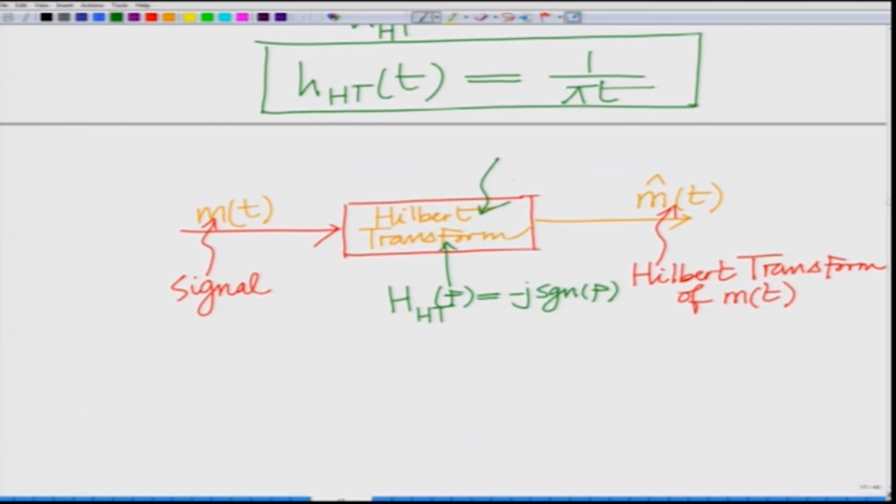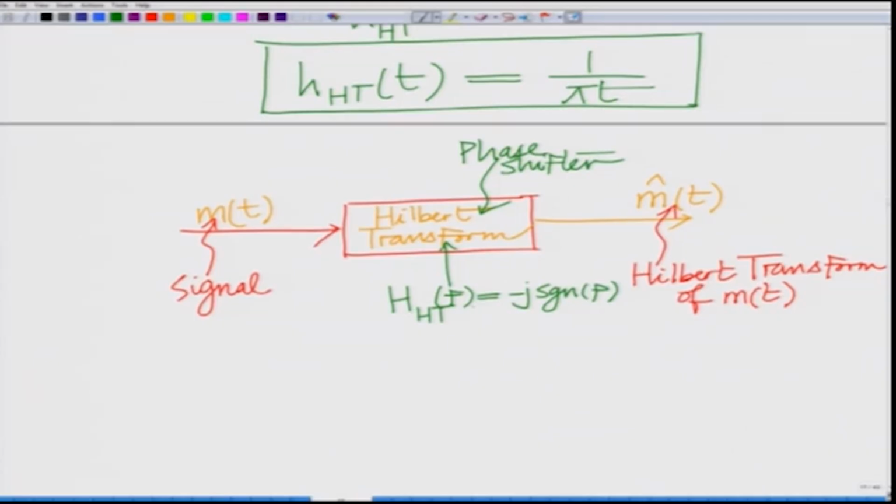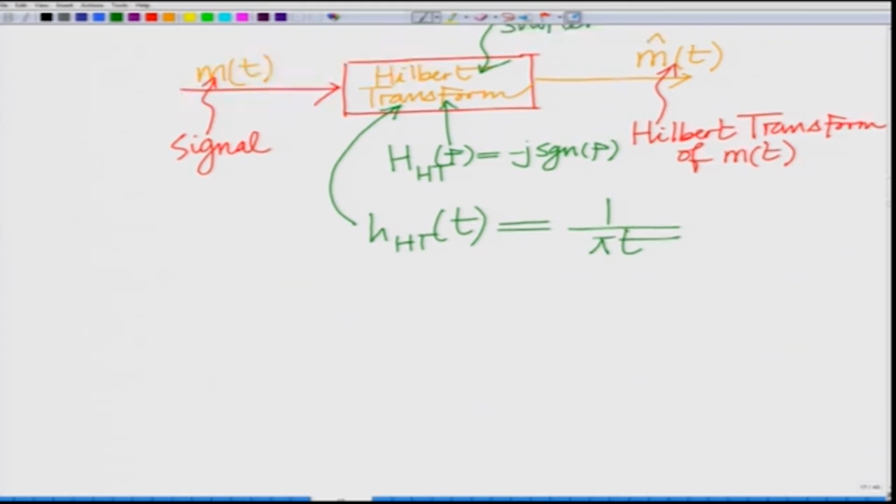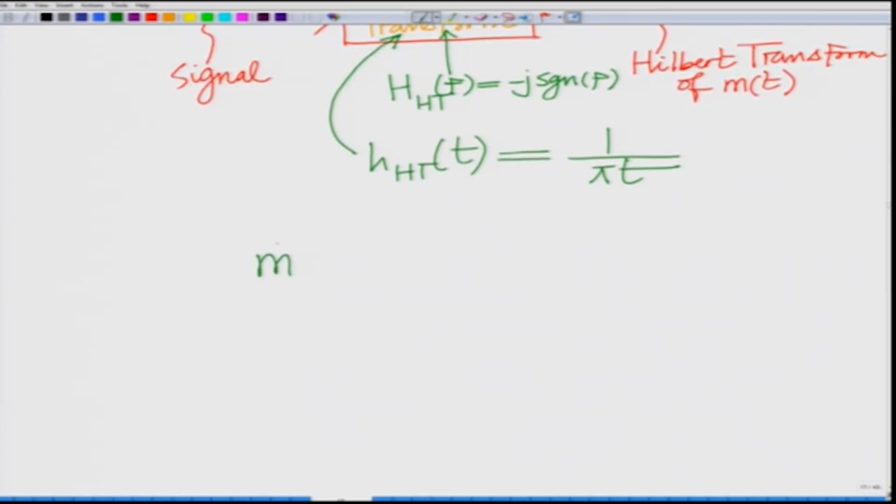In fact, this is a phase shifter, correct. That is, it shifts the phase of all the positive frequency components by minus pi by 2, and all the negative frequency components by pi by 2. It has frequency spectrum, the Fourier transform, minus j sgn f, and now the impulse response, we have derived, h of t equals 1 by pi t, which implies in the time domain the Hilbert transform can be represented equivalently as m hat of t equals the input signal